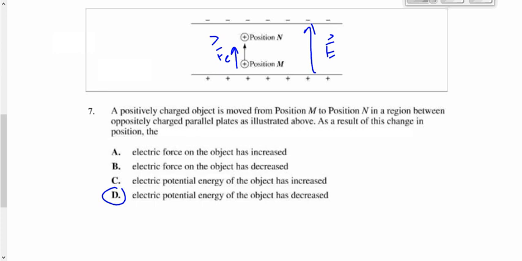What would happen, by the way? How could we change A or B to be a correct answer? A and B are both incorrect, right? But how could we make a minor change to the wording of either A or B to make it a correct answer? As a result of this change in position, the electric force